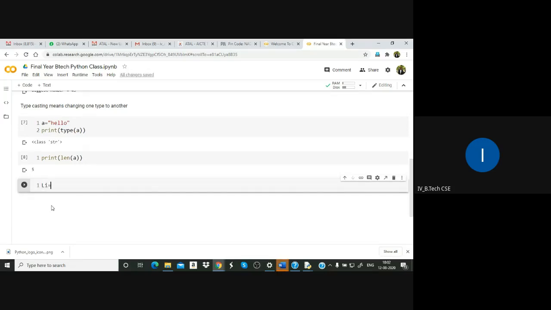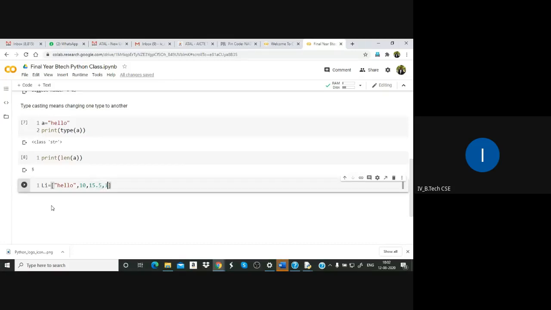It will be like having these brackets, and you can put heterogeneous elements in this list. Hello, and now an integer. Next, a floating point. Like that, different heterogeneous elements you can keep, and you can keep duplicate values also in this list.